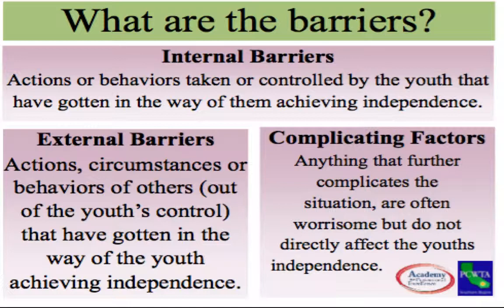And the key word there is something that they can control. External barriers are actions and circumstances or behaviors of others outside of the youth's control that have gotten in the youth's way of achieving their independence. That's such an important distinction to make, and I can see some important insights coming out of making that distinction, because so many of our youth do face